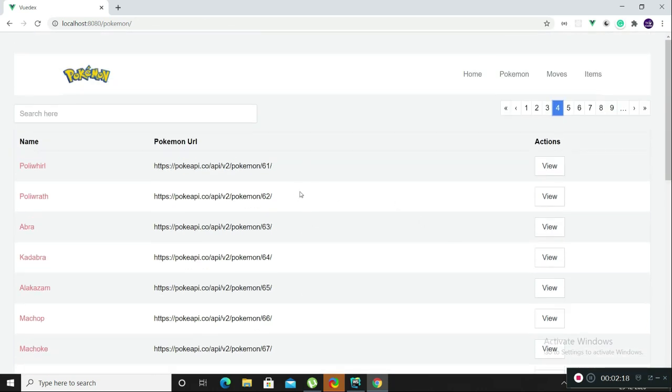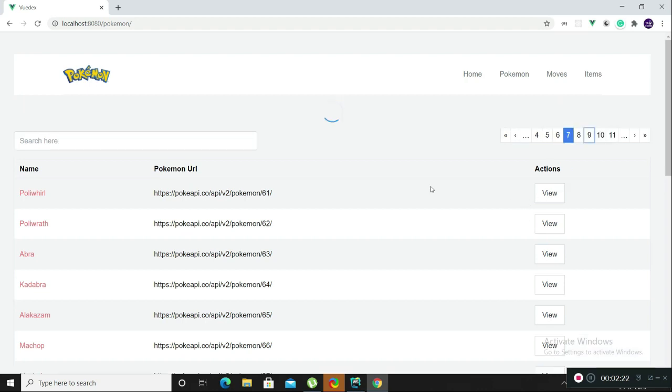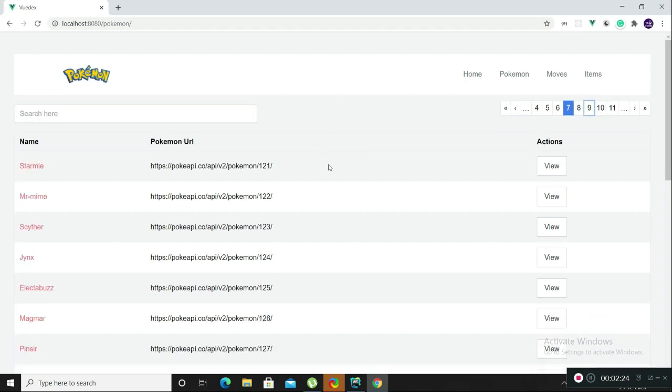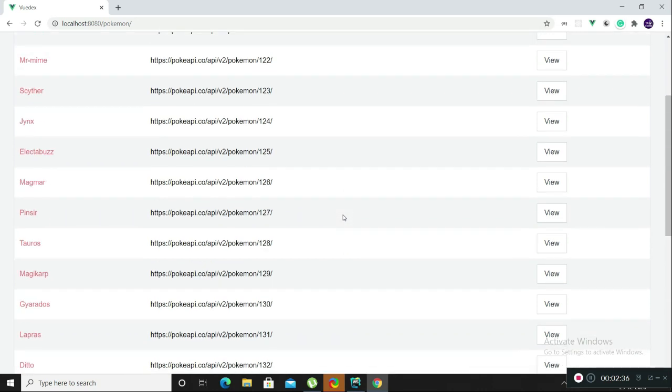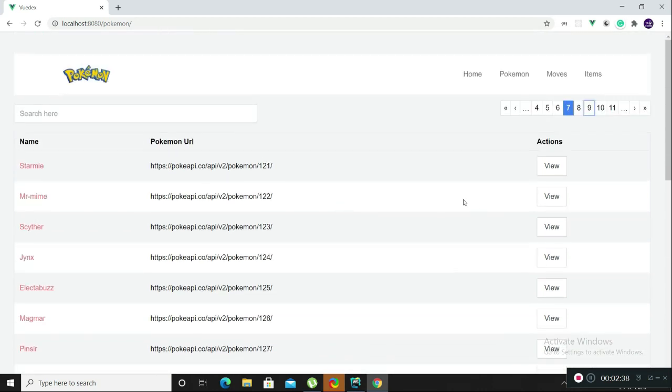If I change the page now, this loader runs as long as the data is being fetched from the API, and once the data is available, the loader will go, and the data in tabular form would appear here, as you can see.